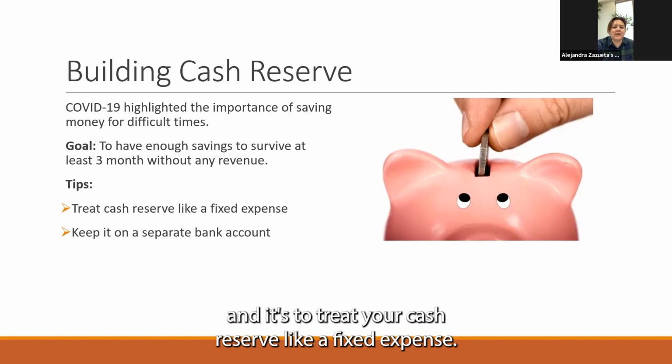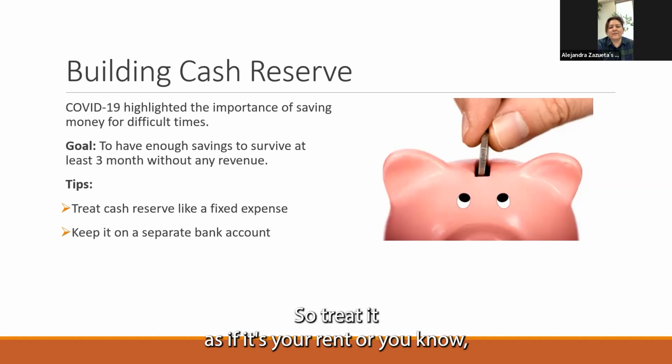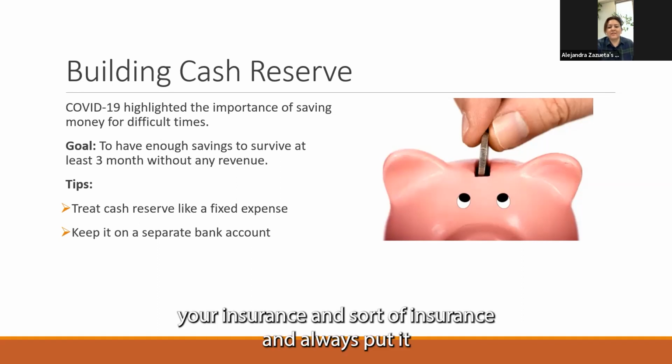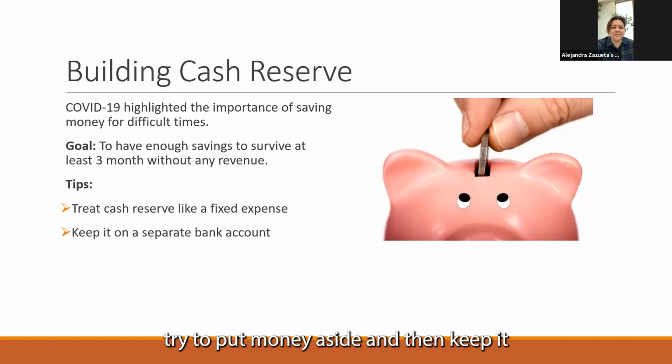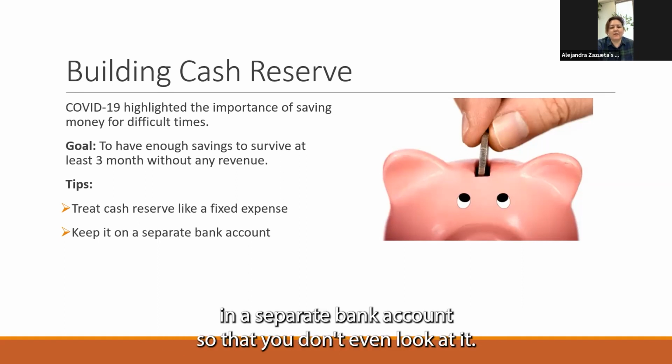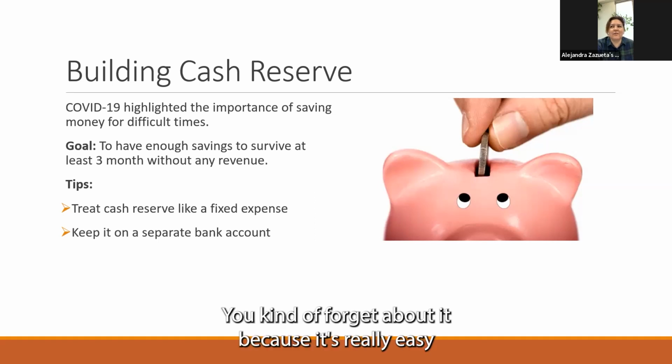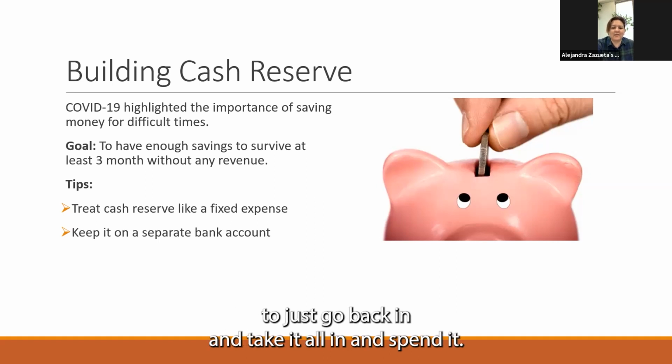It's to treat your cash reserve like a fixed expense, as if it's your rent or some sort of insurance, and always try to put money aside, and then keep it in a separate bank account so that you don't even look at it. You kind of forget about it,